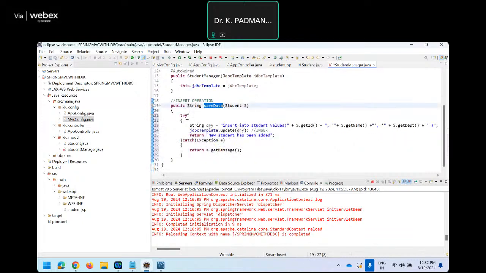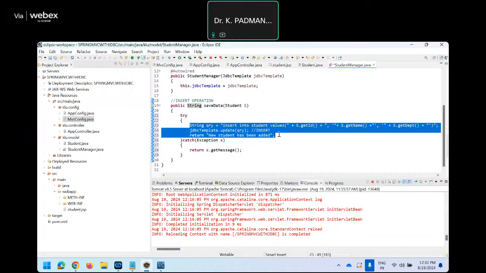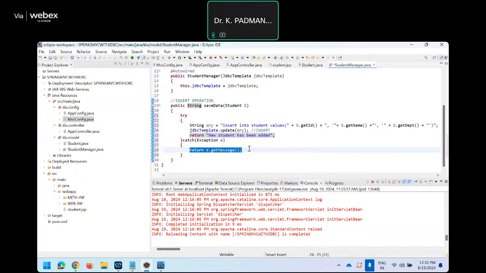I hope you understand the logic. Simple try catch mechanism to handle the exception. Only these three statements are enough to perform the insert operation. If you face any errors during the execution, it should be handled by the catch block. Whatever error you caught, you can return as an acknowledgement. Then you can save. We will test whether the data is saved into the database or not by using JDBC